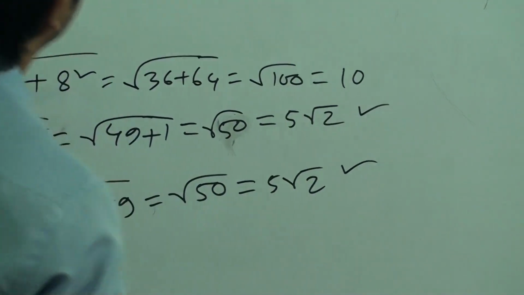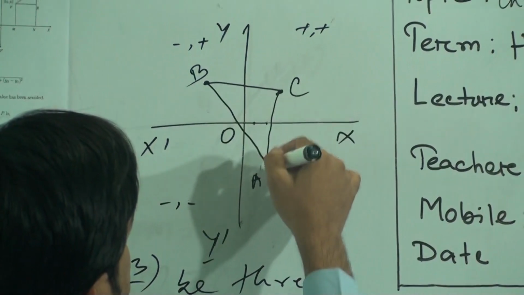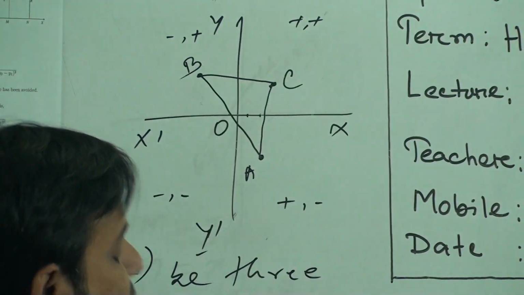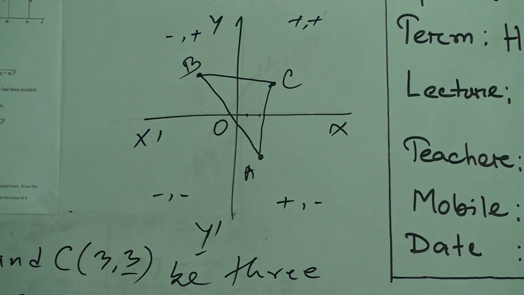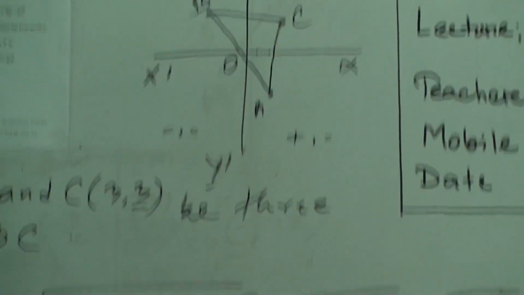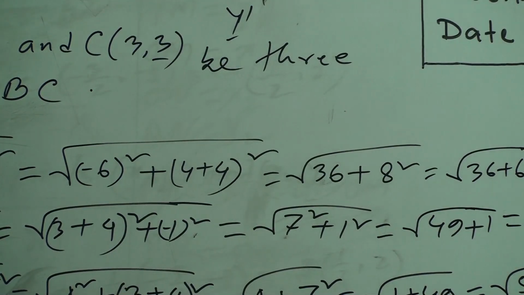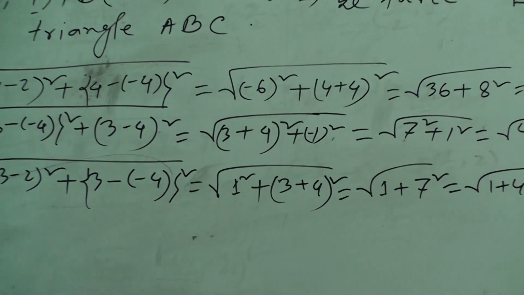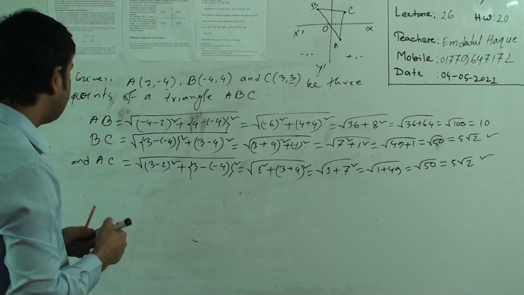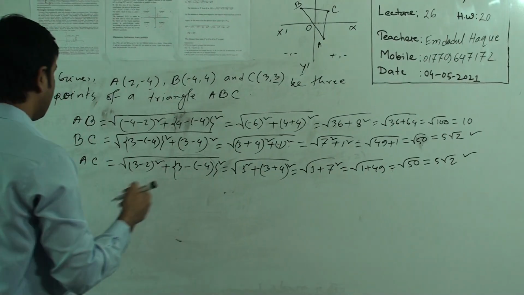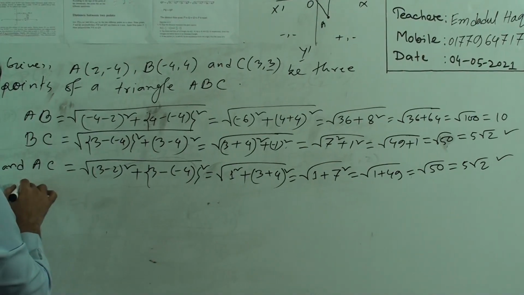Now see, if you see the length of the side BC and AC, the lengths of these two sides of the triangle ABC are equal. As the lengths of two sides of a triangle are equal, then the triangle must be an isosceles triangle according to the definition of isosceles triangle. So we can say, observe that